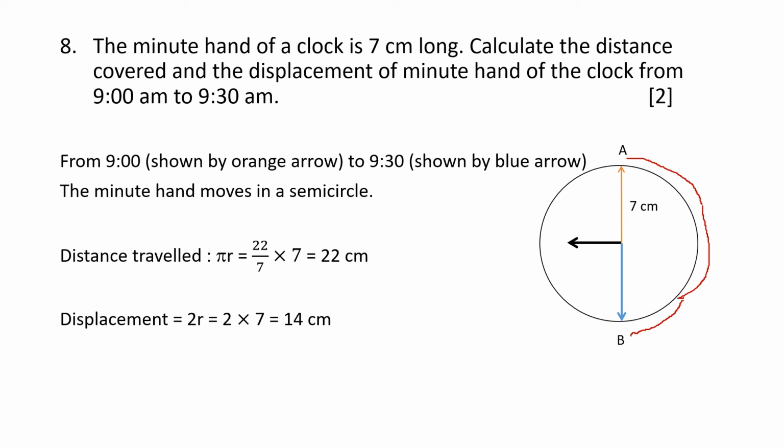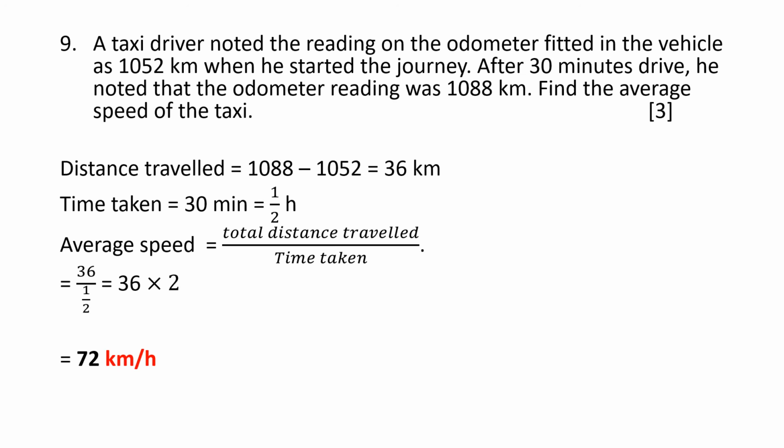So you should know the formula of the circumference of the circle, that is 2 pi r, and half the circle is pi r. So this was the question which was a doubt to you. Now you need to practice a few of these circular motion questions. The next question we have is of this taxi driver. It's a very simple question.